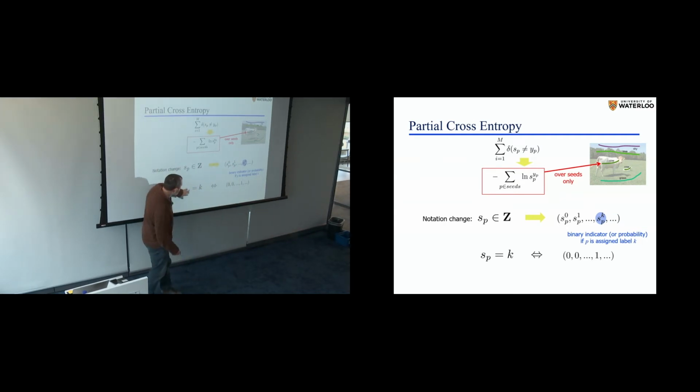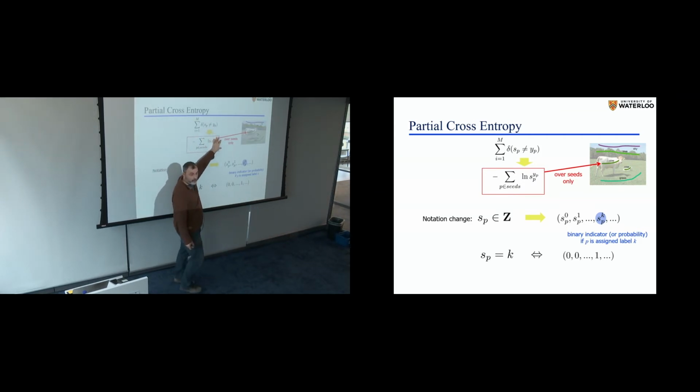So integer here, for example, if S_p equals k, meaning the label of pixel p is k, then that means this type of corner of the simplex. But notice, if you think about the integer valued values of these distributions, then this is exactly this. If S_p is 1 on the right point, then this is 0. And if S_p is 0 at the point that should be 1, then it's infinity. It's just a relaxation of this. And this is cross entropy.